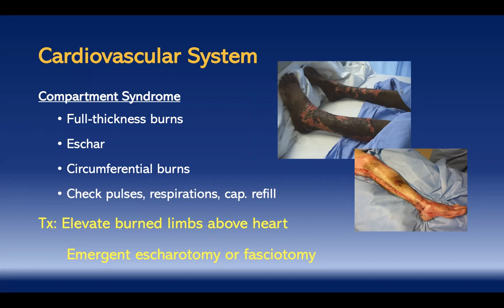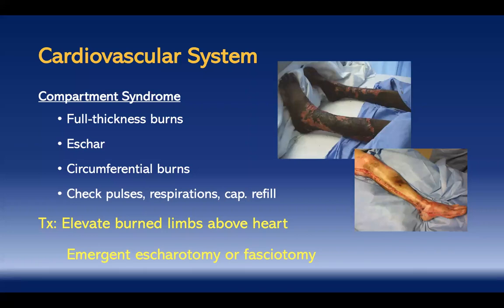And so we want to make sure that those extremities are still getting the oxygen they need, the blood flow they need. So we'll be checking pulses and respirations and cap refill. We can prevent compartment syndrome by elevating burned limbs above the heart to promote venous return to the heart. And the patient may require an emergent escharotomy or fasciotomy to help relieve that pressure and allow perfusion to occur